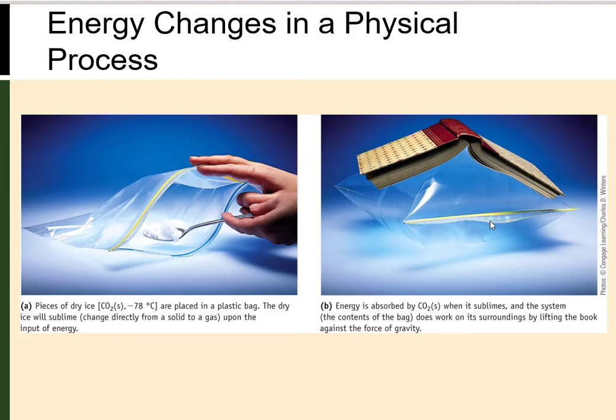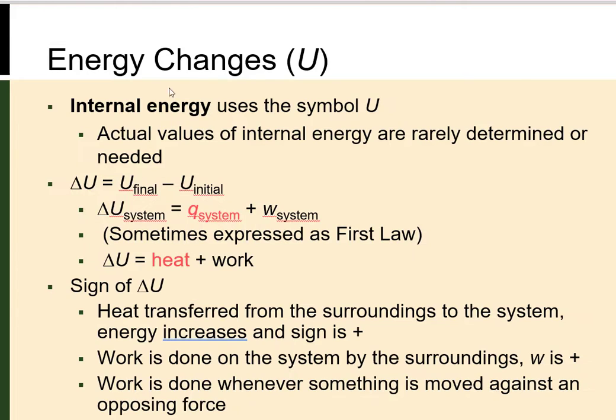So sublimation requires energy, which is transferred as heat to the system from the surroundings. At the same time, the system does work on the surroundings by lifting the book. An energy balance for the system will include both quantities, energy transferred as heat and energy transferred as work. So, we are introducing the first law of thermodynamics, where